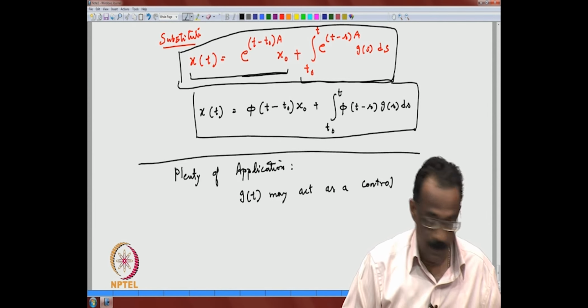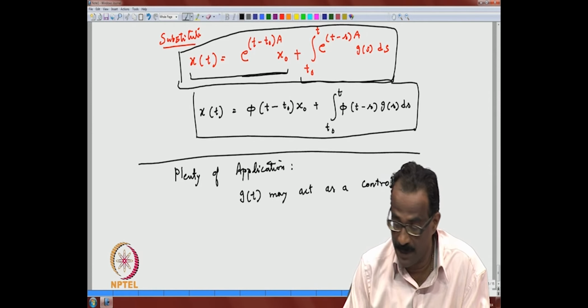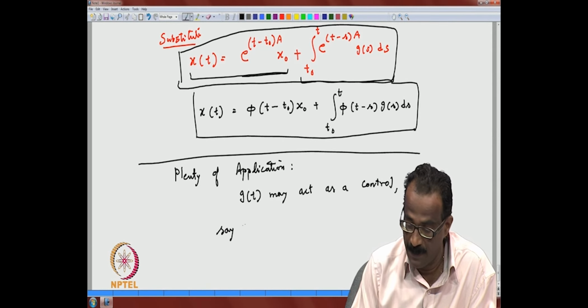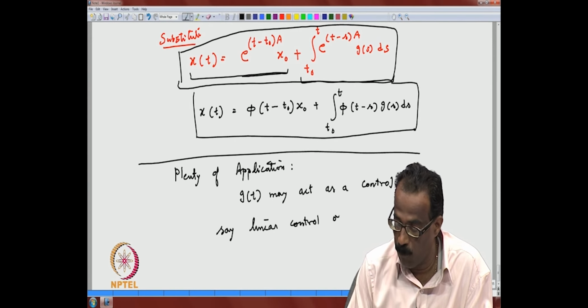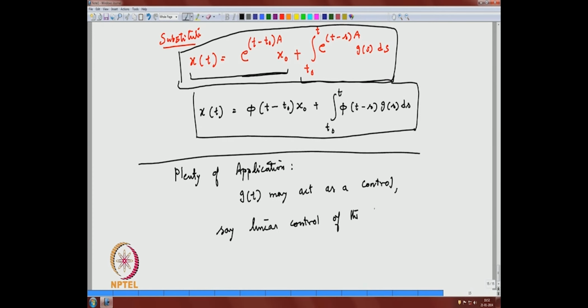So, it may say, for example, linear control. We will not get into that one, of the form x dot t is equal to A x t plus B u t. You see, so you have that control form, that format. Okay. So we will not do that one, but it gives you